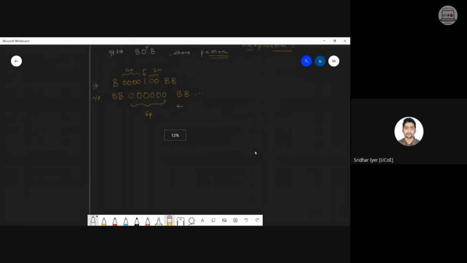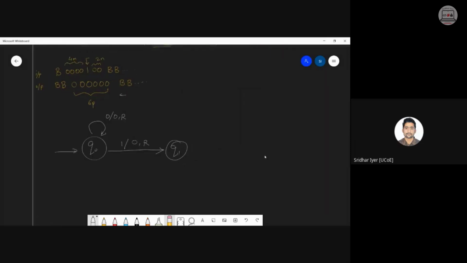Let me show it with the help of this diagram. अल्टीमेटली मुझे 6 zeros चाहिए. जितने भी आपके m है, जितने भी n है, add them up. Okay, that much zeros we want in the output. So what I can do is I can start from q0 state. q0 state में what I can do, the logic is very simple. I will bypass all the zeros. जितने भी zero है सबको I will bypass until I reach the 1 bit. जैसे ही 1 मिलेगा, I will convert that 1 into a 0 and keep moving to the right.